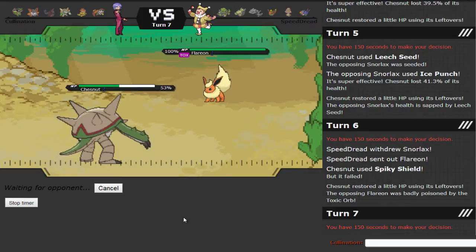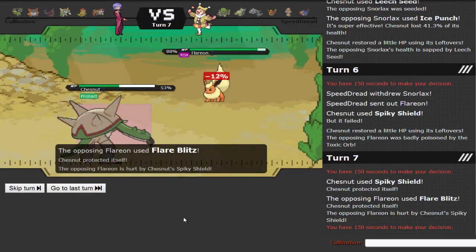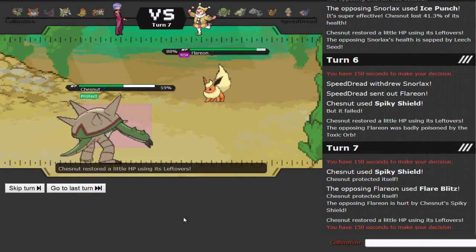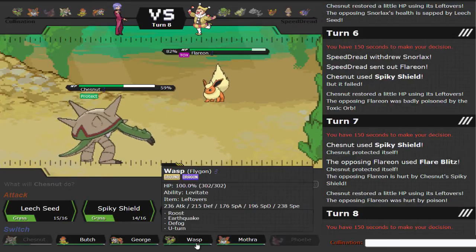If he goes for Flame Charge, that is very, very scary. Very, very scary indeed. But he's seen the Spiky Shields. Oh, he is going to stay in. And he goes for the Flare Blitz. He's going to take some recoil and some damage as far as the Toxic is concerned. I don't know that we're going to live another one, so we kind of have to switch here. As much as I don't want to, I feel like we kind of have to go into our